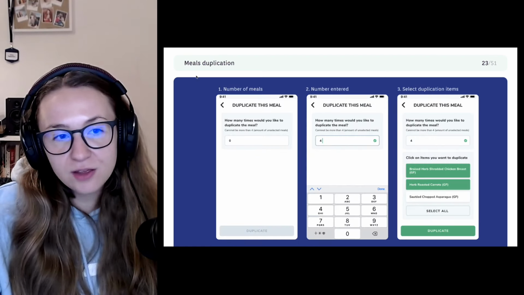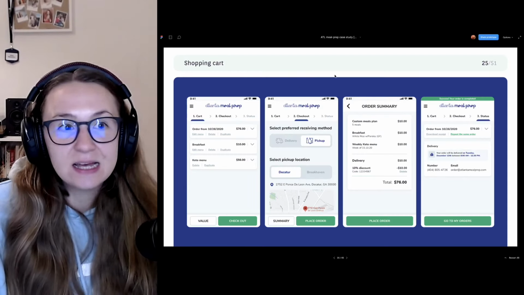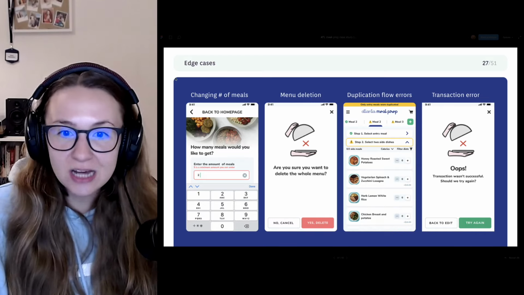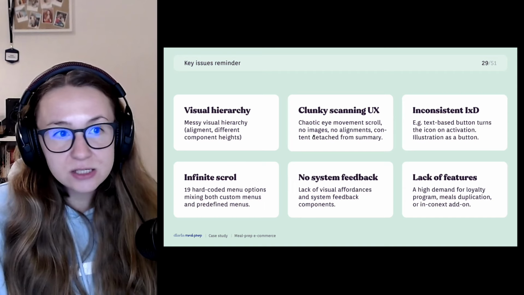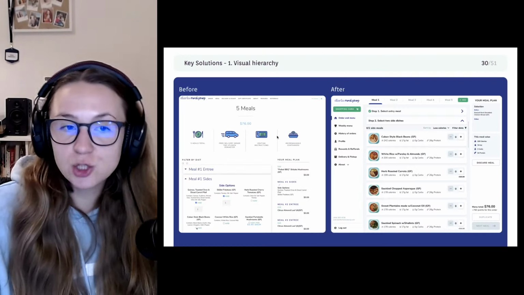Also specify some other flows, extra cases, shopping carts, all other flows that are important. Like I mentioned, I would also add some edge cases and the components library. And then key solutions, I would also remind about the issues that I was dealing with, and then show before,